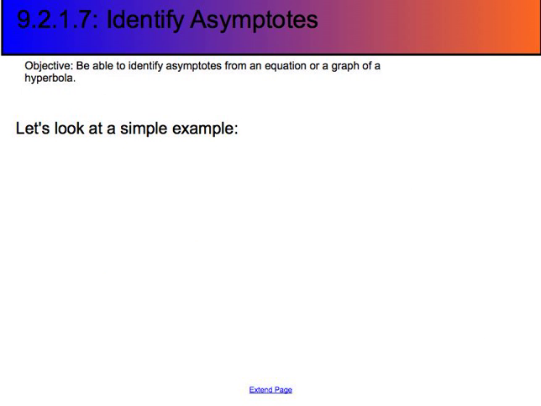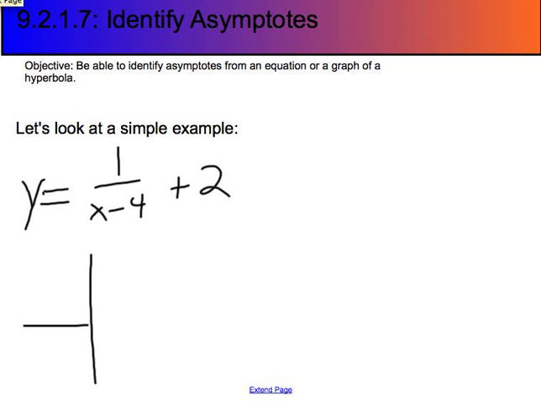So let's look at a couple simple examples. I'll have one equation and one graph. Here's an equation of a hyperbola. Y equals 1 over x minus 4, plus 2. Now, if you look at your parent graph toolkit, this is just like the parent graph, which looks like this,